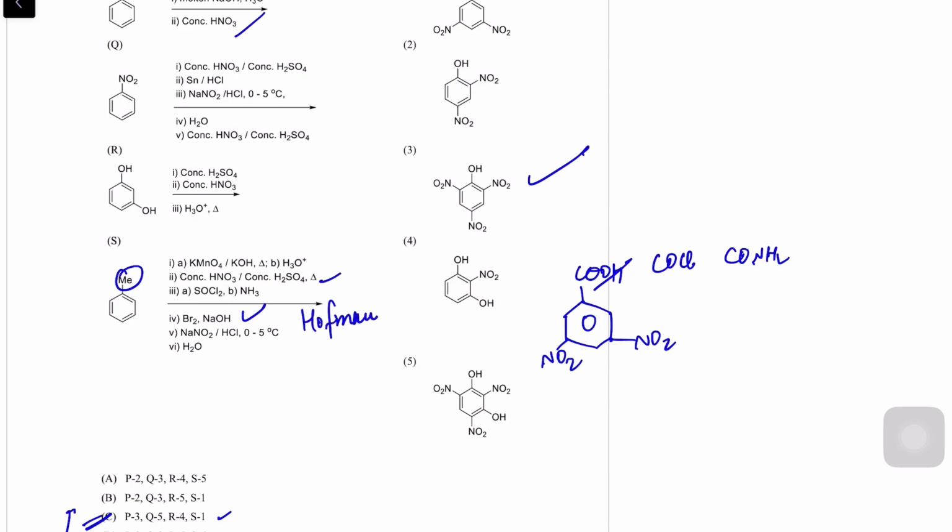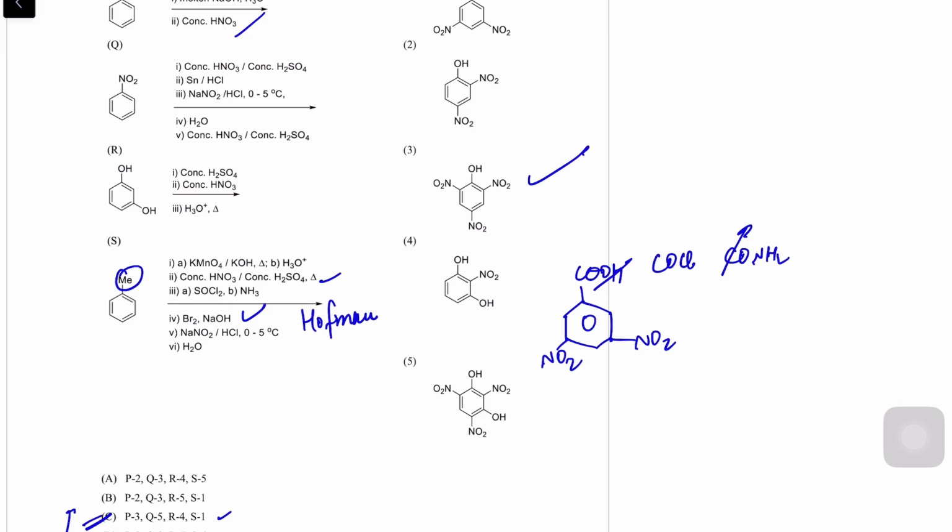So this is toluene. When reaction with KMnO4 is done, it oxidizes this toluene to COOH. All right, now, if you do the nitration in presence of conc HNO3 and H2SO4, COOH is an electron withdrawing group. So nitration is done at meta position. All right. Then reaction with SOCl2, it will change it to COCl group. Then reaction with ammonia, it will change to amide. And then when you react it with Br2 NaOH, it is Hoffmann bromamide degradation reaction. It will